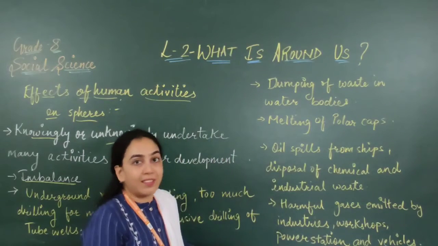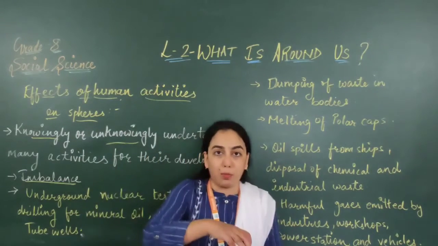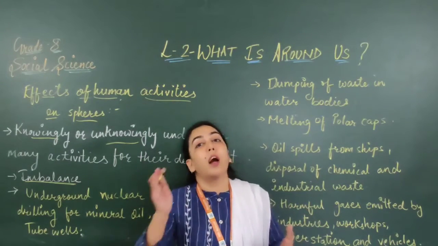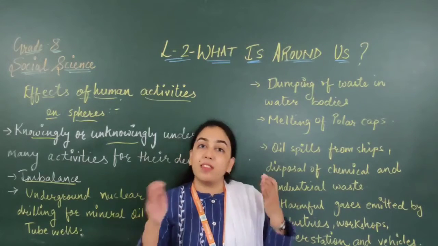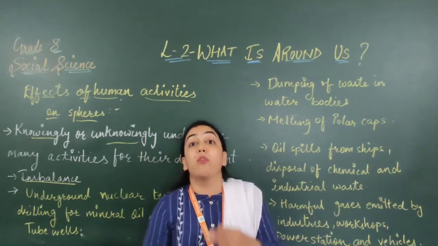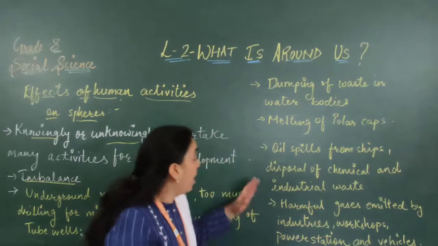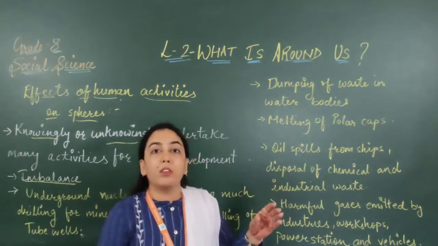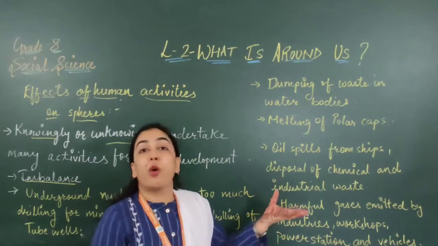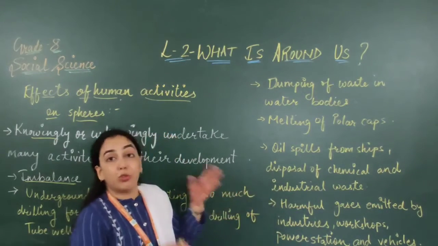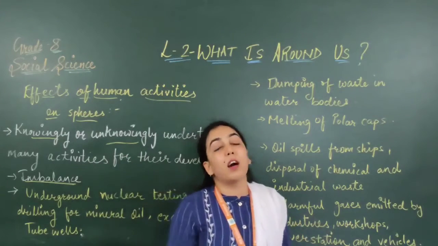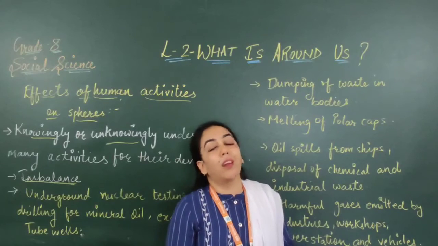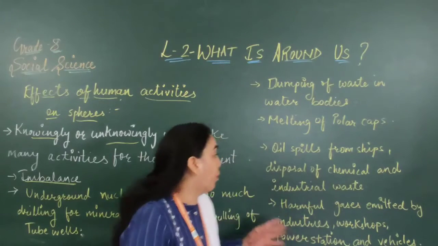The water of the sea will not remain right, and when the sea will get polluted, the aquatic life in the sea will suffer. The fish, the whales, all the animals inside the water will get affected and they will die or get ill. In the same way, chemicals disposed from industries, and the other waste of industry, all these things, if we are dumping them in the water, then the water will get polluted. That means the hydrosphere will get polluted.